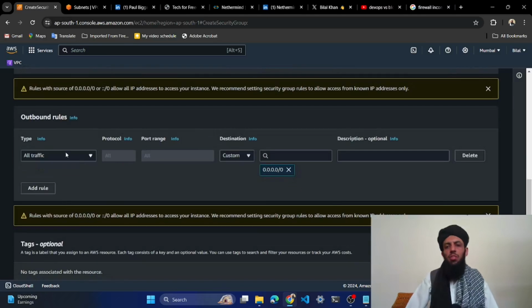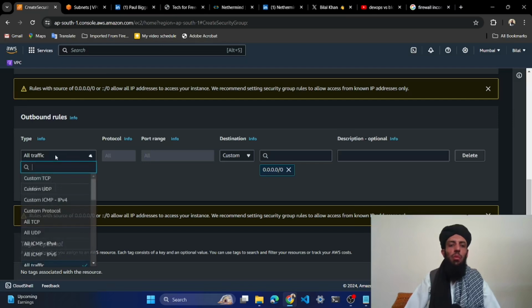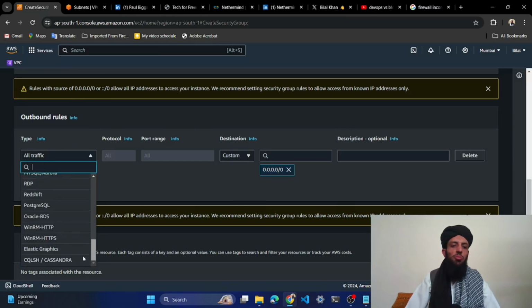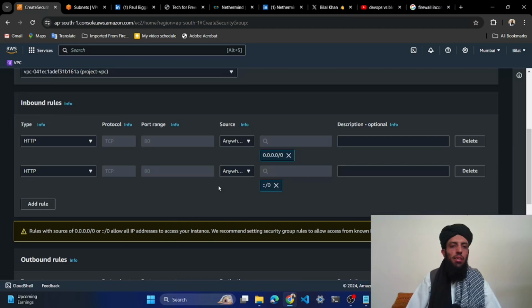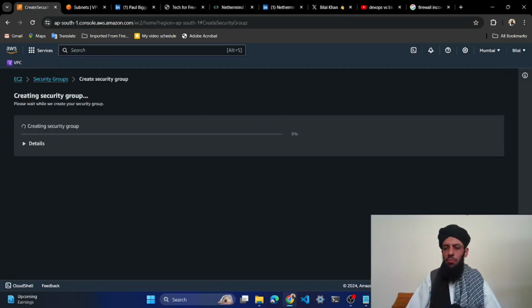Just for the demonstration purpose. And the outgoing traffic will be for all traffic, where the EC2 instance is sending the traffic to everything, to every person, to every type. So this is going to be selected all, but you can select any specific traffic type that you want to. Let's create this one,